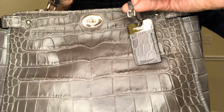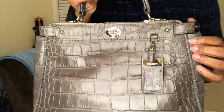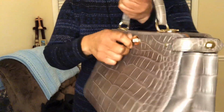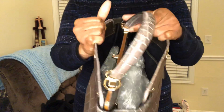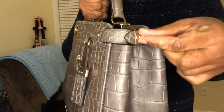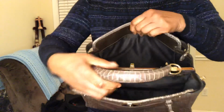She has a Coach luggage tag there on the front, and there's a little hook just for that luggage tag. And in true Peekaboo fashion, she opens from both sides. So she opens here and she opens here. That is the Fendi Peekaboo silhouette, along with these bands on the side. They do open so that the bag can expand. Oh wait, I had her stuffed because she came unstuffed and she looked a little collapsed. So here